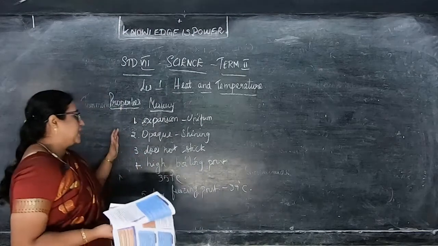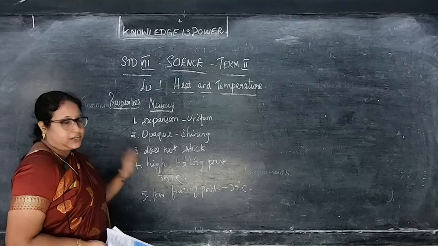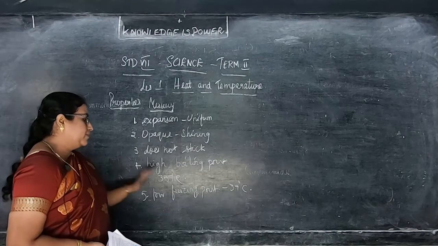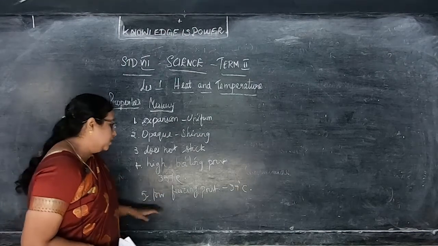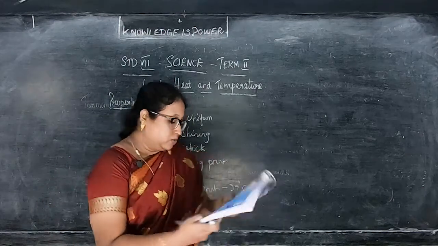So its expansion is uniform, and it's opaque and shining also. It does not stick to the sides of the glass tubes. It has a high boiling point of 357 degrees and a low freezing point of minus 39 degrees Celsius. Next we are going to go to the